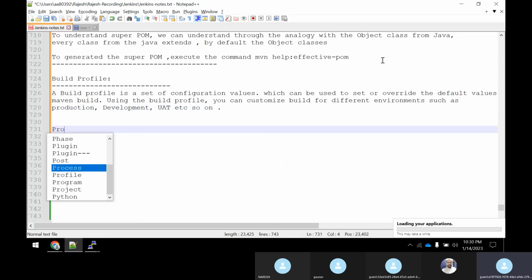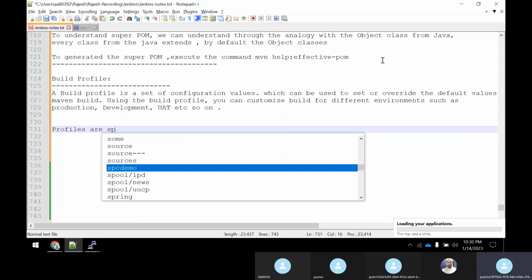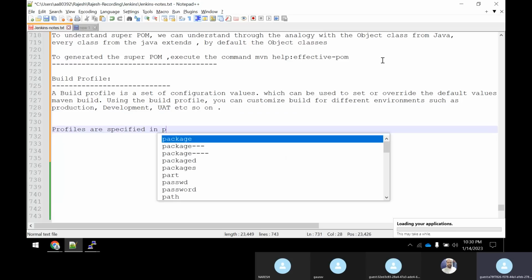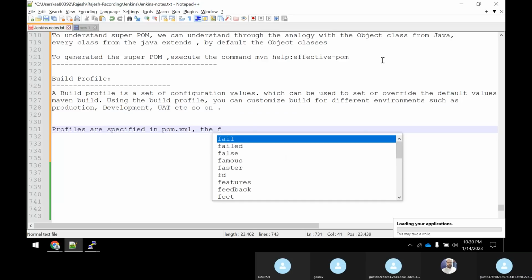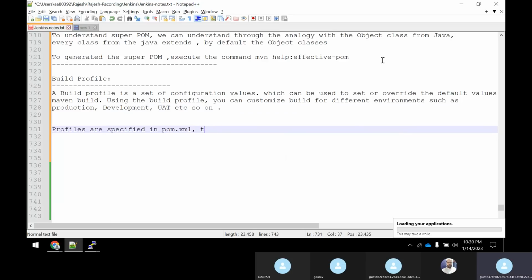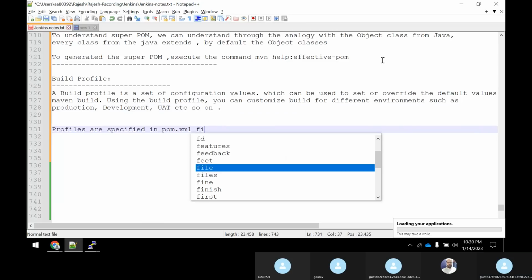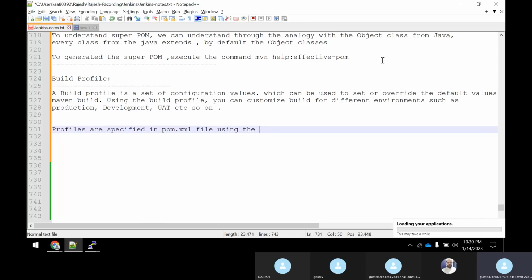Okay. So profiles are specified in the pom.xml itself, where you set the profile in the pom.xml file. We say profiles are specified in the pom.xml file using the active profiles elements, actually.